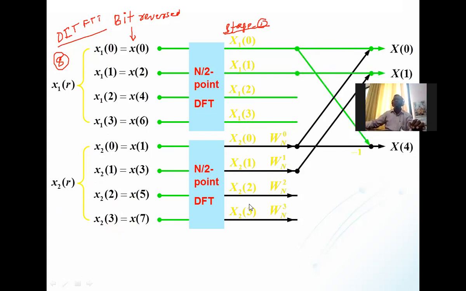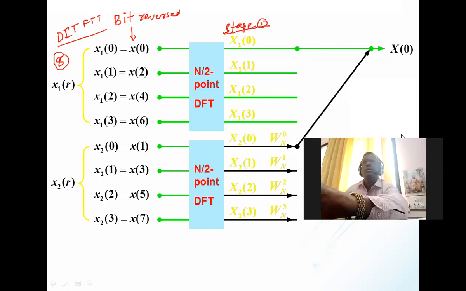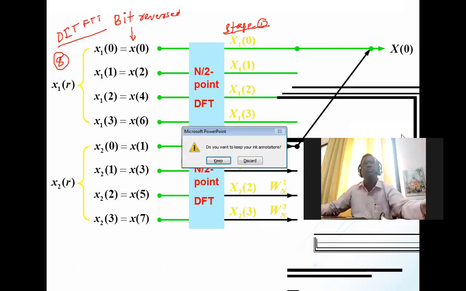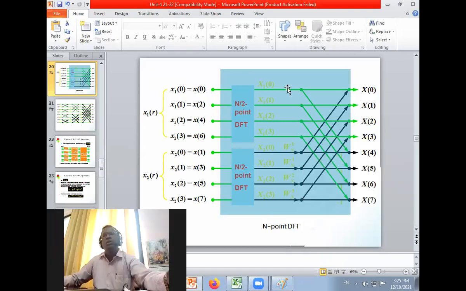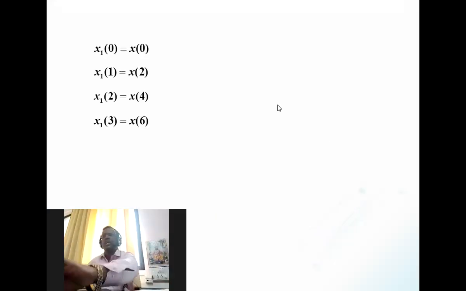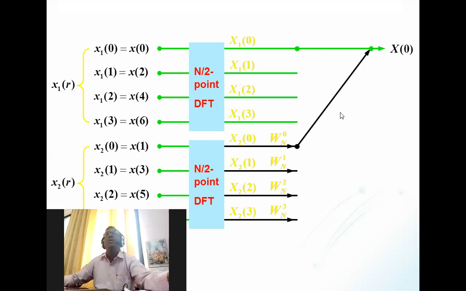Let me make you understand first. So this first value x of 0, what will it be? Can anyone tell me what x of 0 will be? x of 0 equals what now? Yes, as per our butterfly diagram. The butterfly diagram is the same now. Okay, 0? No, it's not 0. So how do we write that?